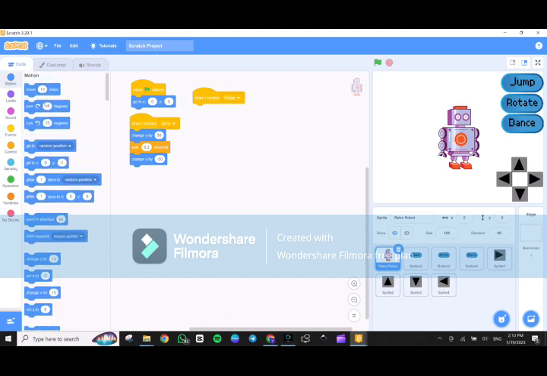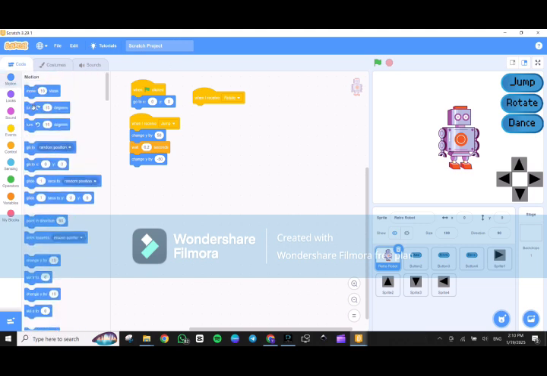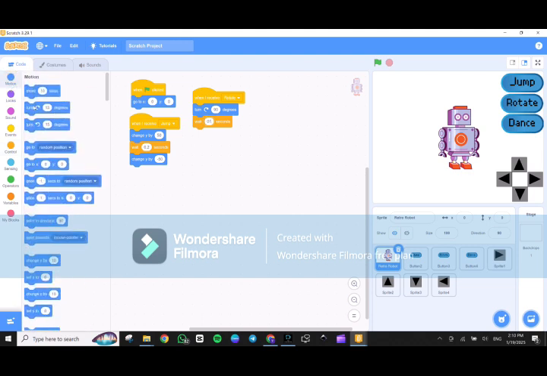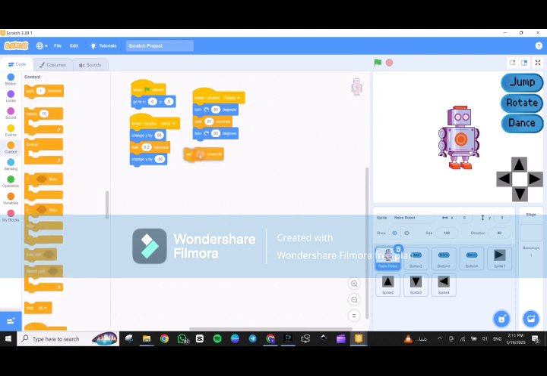Turn 15 degrees and make it 90, and wait 0.1 second, and then turn it again to be 90 degrees, and wait 0.1 second,